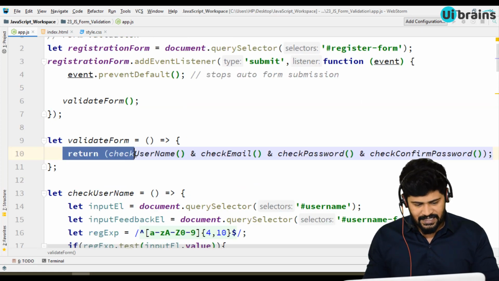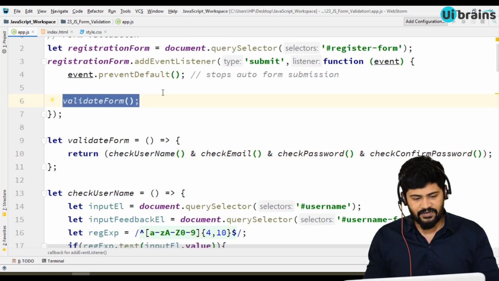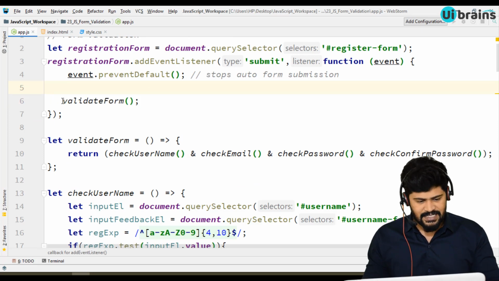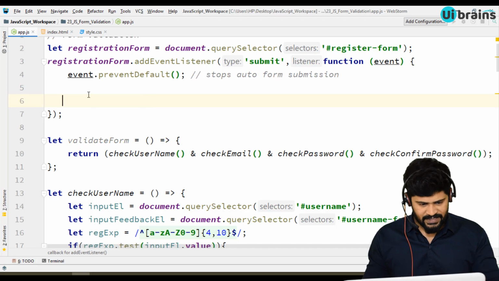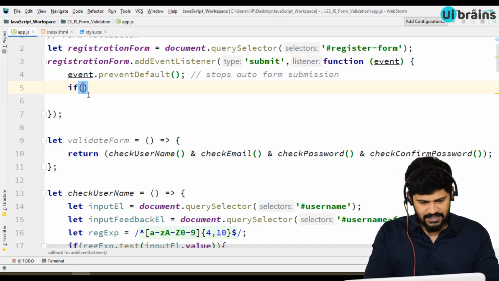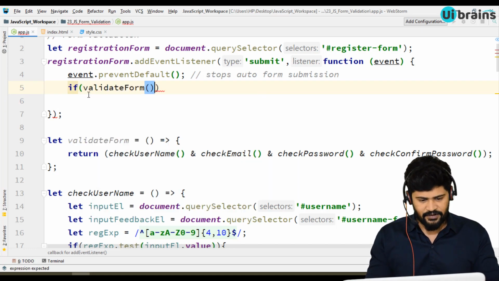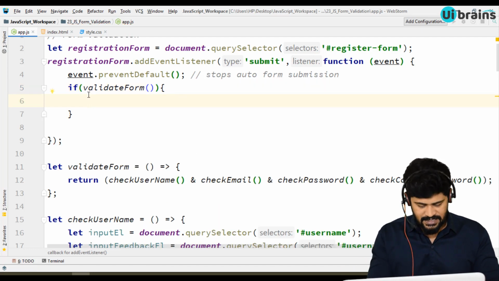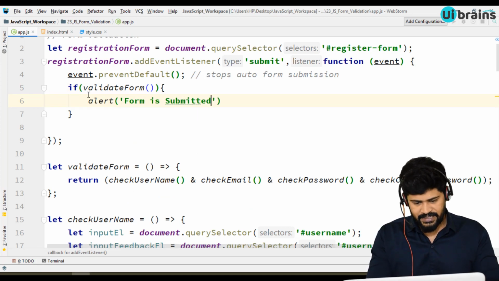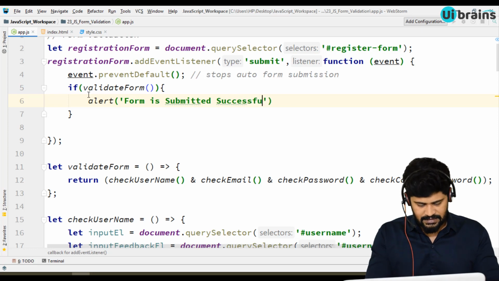So based on this return type, you have to evaluate the form logic here, right? So let's make the logic: finally if validateForm. If the form is validated, it means it returns true, right? Then I make an alert: form is submitted successfully, right?